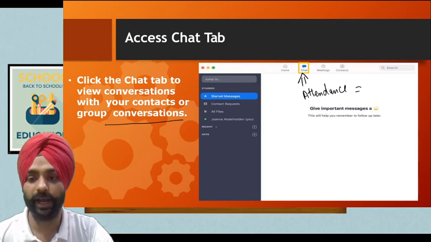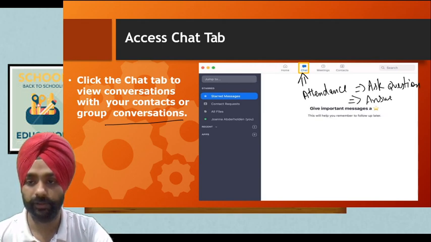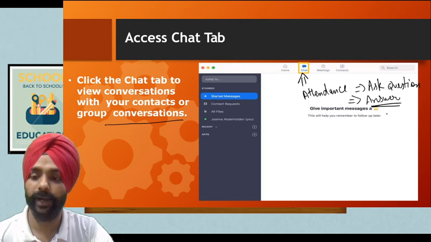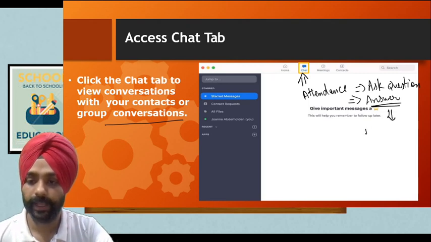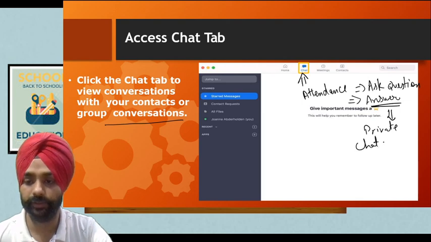You can easily ask a question, and you may also answer the query by having a private chat with your teacher. This is the main benefit of the chat box.